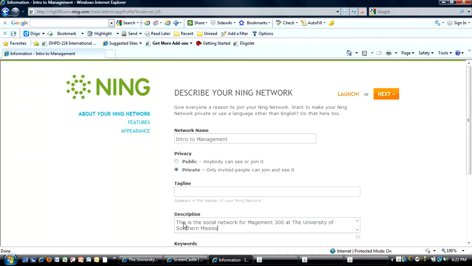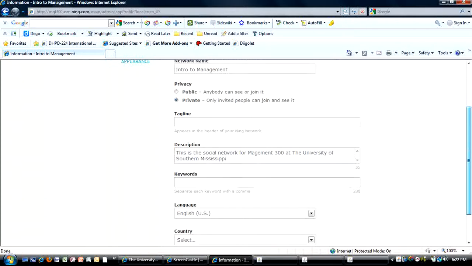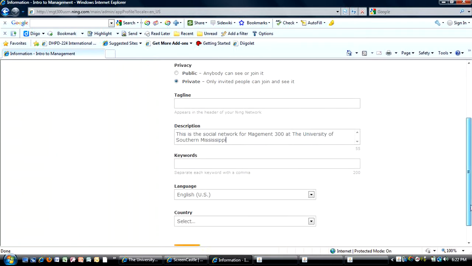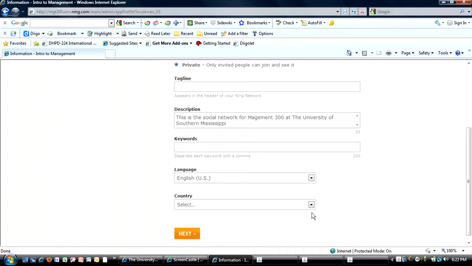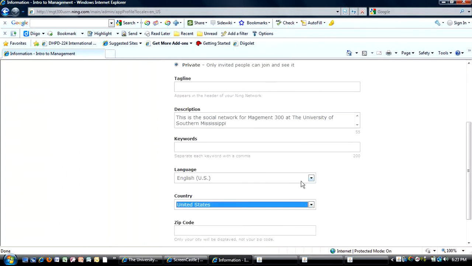This is if you want someone to be able to find your network if it were public. Since it's not, I won't worry about that. I'll go here, United States, zip code, and it automatically comes up with your city, Gettysburg, Mississippi. So I click Next,